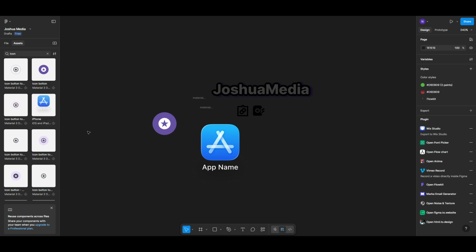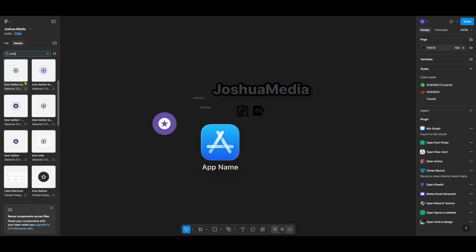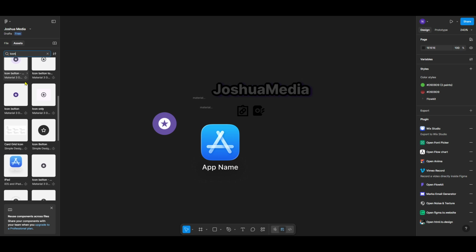Once you're in the design file, focus your attention on the left panel where you will spot the Assets tab. Click on Assets to reveal a wealth of resources at your disposal, including components, assets, and much more. The Assets panel is a critical part of Figma, as it houses elements you can easily drag and drop into your projects, significantly speeding up the design process.